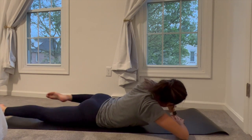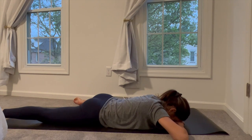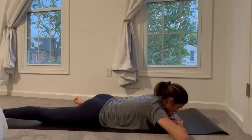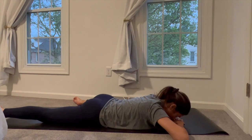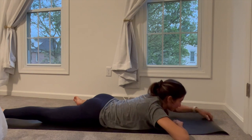Bring that left knee up into that 90-90. Pause here for a moment. Trying to bring that left hip point down towards the floor. Feel the opening within the inner lining of that left knee. And then you can stay here if this feels perfectly fine for you, or if you want to find that